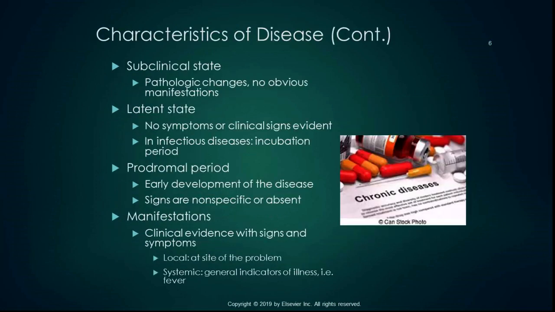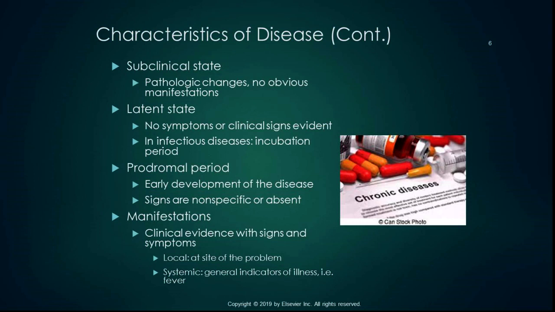So the subclinical state is where there are pathologic changes going on that have no obvious manifestations. We don't know that there's a disease process going on because there's nothing to tell us that it's going on. It's not going to show up. Sometimes people will start having some unusual symptoms that eventually get diagnosed as multiple sclerosis before they have clinical signs. That's not necessarily a subclinical state because they're having symptoms, but there can be disease processes going on before